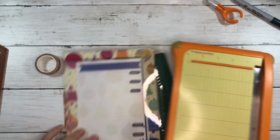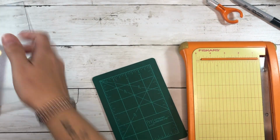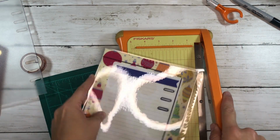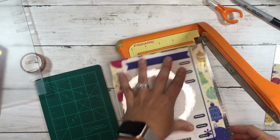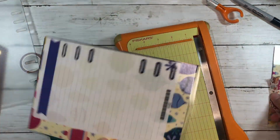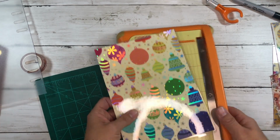All right, enter my cutter. So I'm going to untape this puppy because now that is all I needed from that, okay? So we are just going to trim this one first. All right, so we have the right size. Perfect. Exit the cutter,